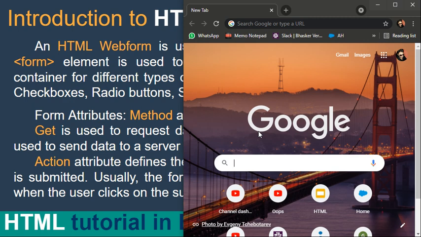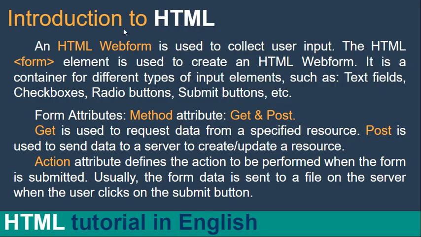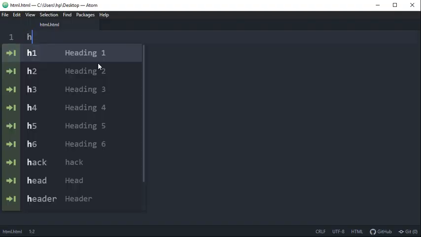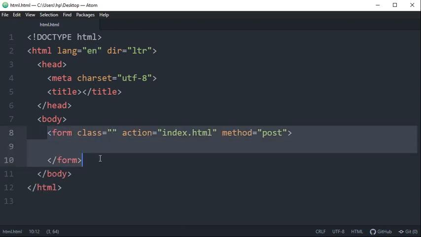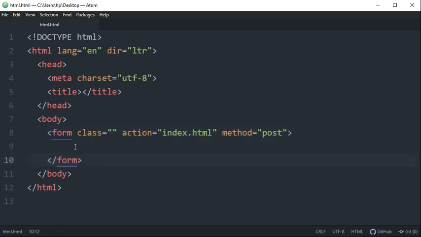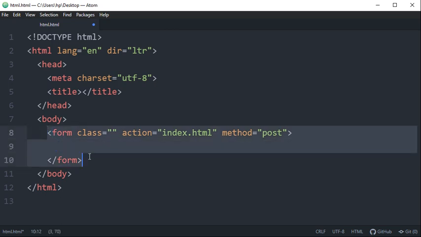So how do you create that web form in your HTML web page? To create a web form you use the form element. So let's practically discuss it. This is the basic syntax. This is the element which is known as form or web form. Every piece of data you want to collect from the user, you collect in the form of a web form, in the form of a text box, a button, checkboxes, radio buttons, etc. You can do that with this element.